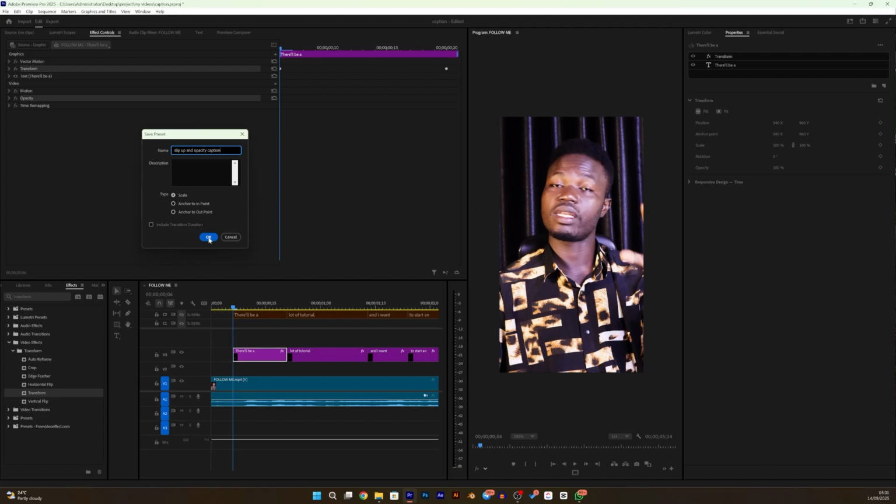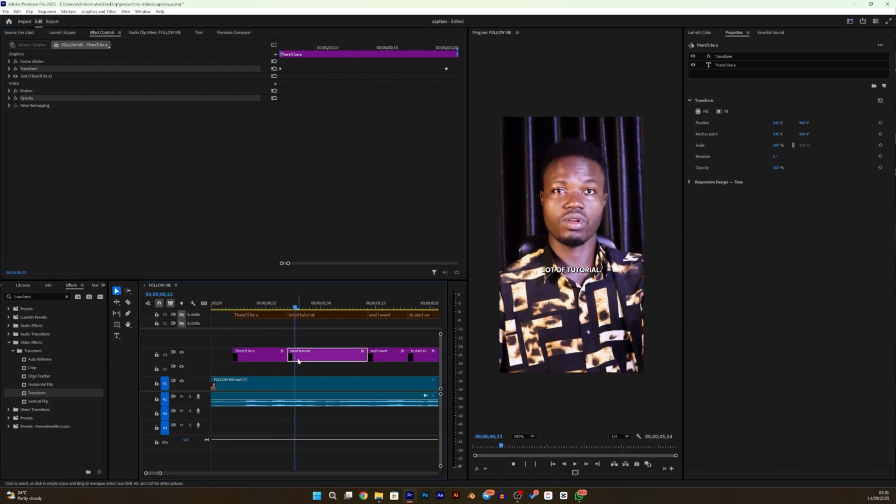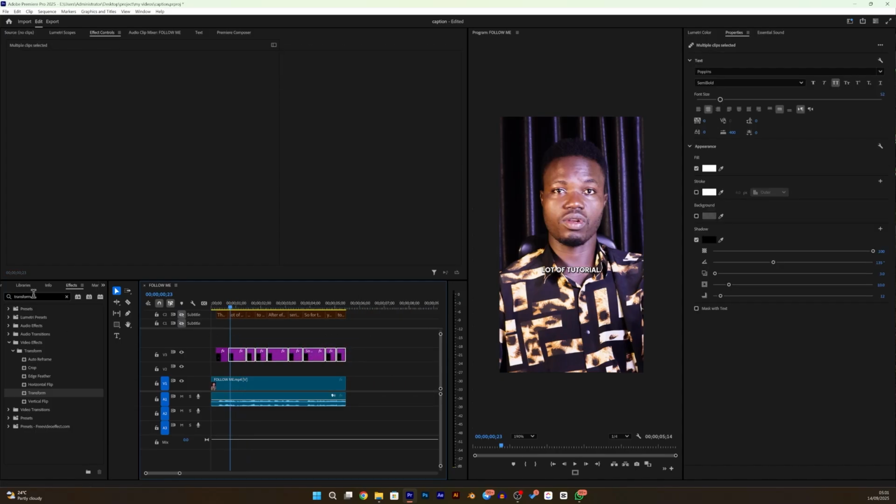We'll leave it on scale. Press OK. So good. So what we want to do now is to highlight the rest of the text and go and search on the preset we created just now. So okay,